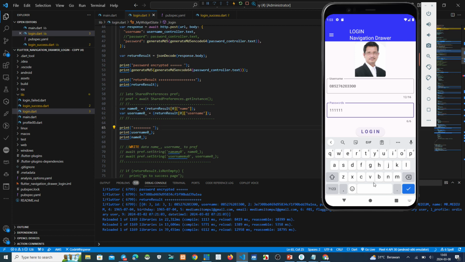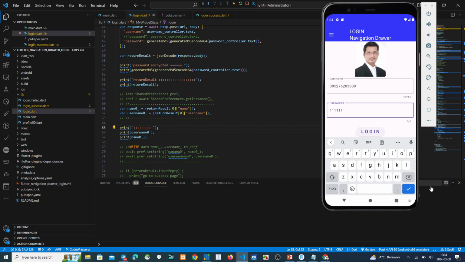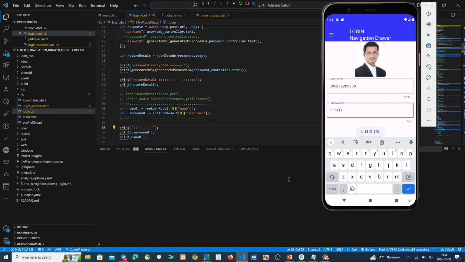Okay, we clear this data from the back console. The process is not finished yet. Okay, clear console. Now we can see the result from the back console.